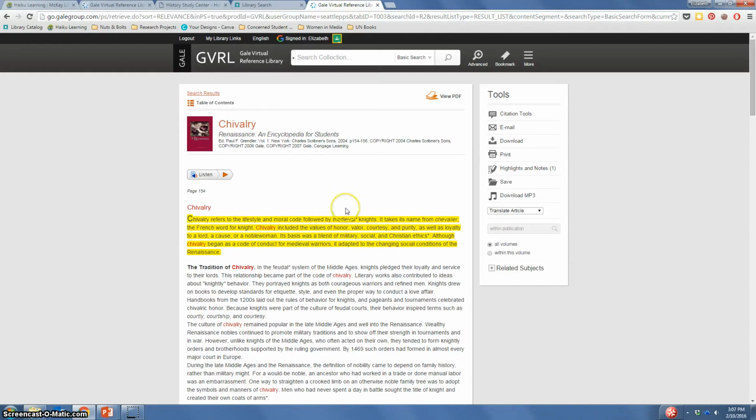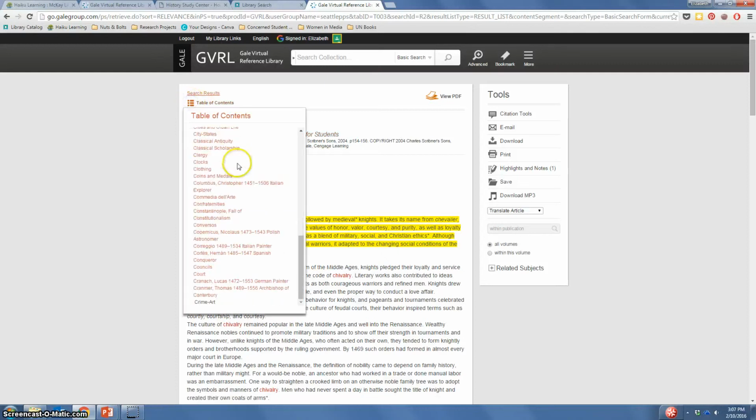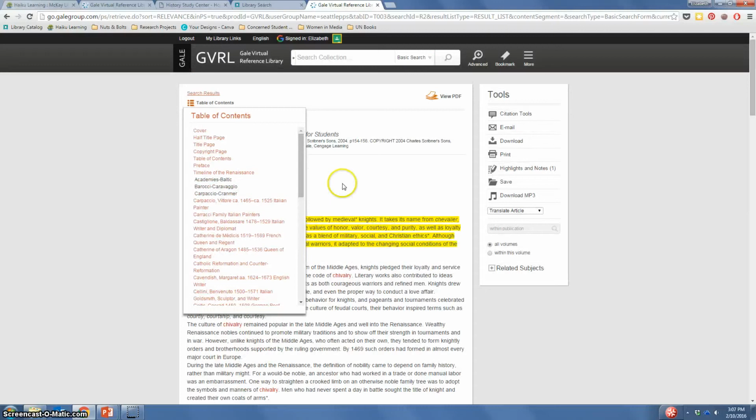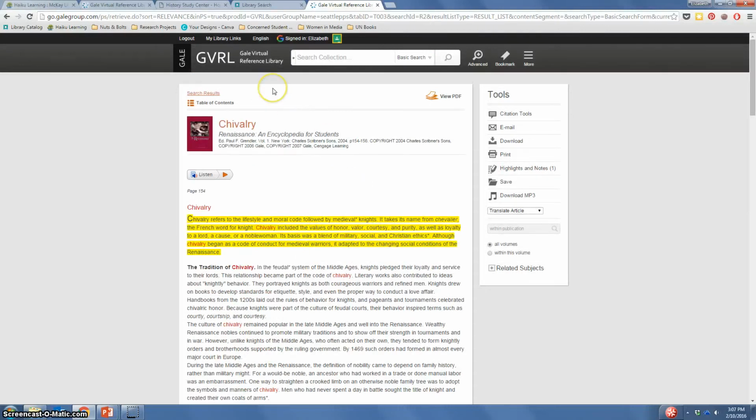It's kind of a cool little tool there. Other than that, this one, there's lots of places to look here. If you want to look in the book itself, you can. You can click on this, or you can look at the table of contents. It's got a giant list of all the different articles in this book. That's kind of the GVRL in a nutshell. And let's go back to our next